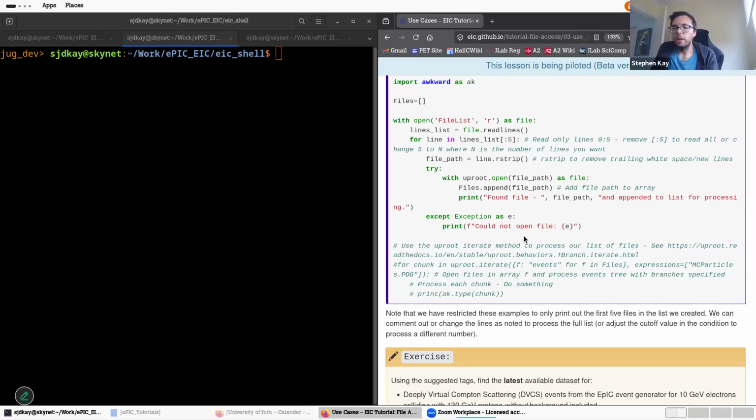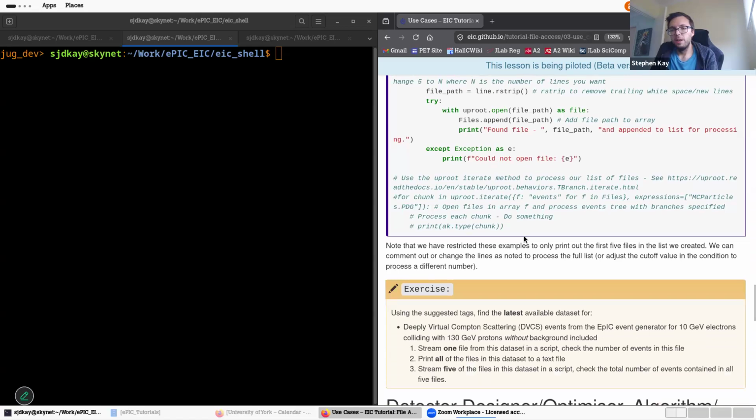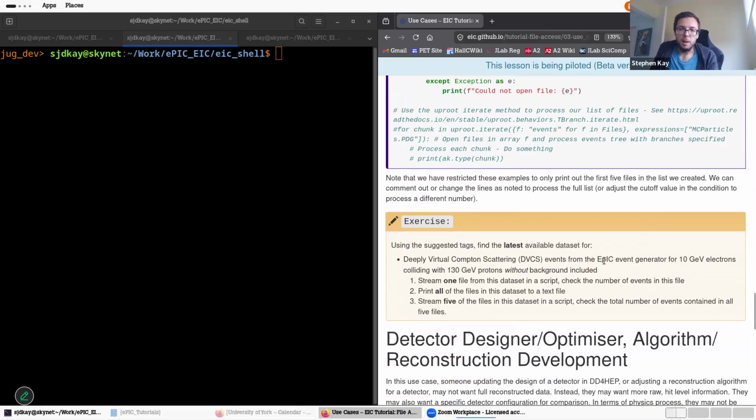Okay, so this section really is the sort of exercise section. So the exercise here is, again, using those tags, find the latest available data set for, in this case, deeply virtual Compton scattering, DVCS events, using the specific event generator, the EpIC event generator, for 10 GeV electrons on 130 GeV protons without background included in the files. And then once you've done that, stream one of the files in the data set, find out how many events are in there,